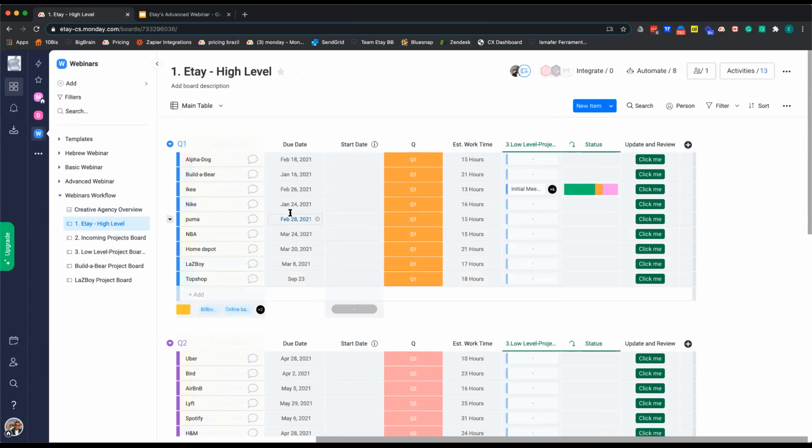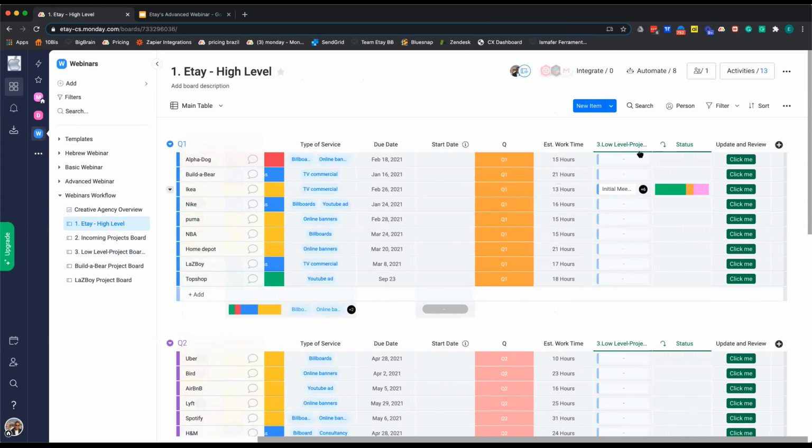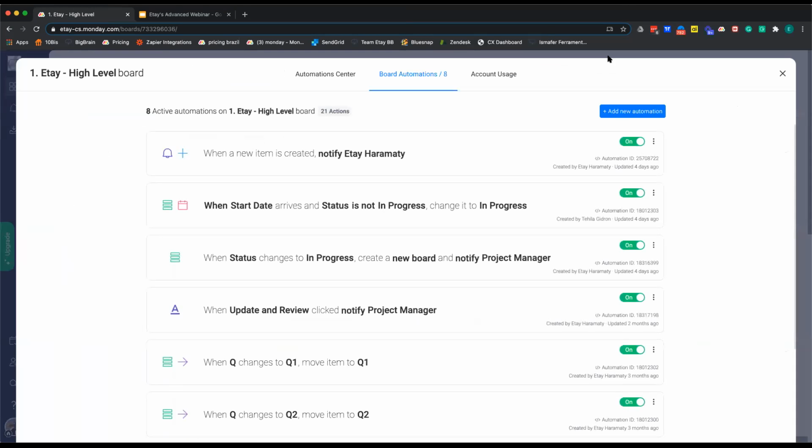One more thing I wanted to cover here with the automations is our nifty button column, which you can see here on the end. Basically, the button column is very useful if you're looking to perform an action such as notifying your team, starting the time tracking tool, or moving an item with just a click of a button. This is a column for you. When setting up this column, you'll be taken to our custom automations. This is where you'll be able to build your very own automations according to your own personal needs and preferences. So inside our automation center,